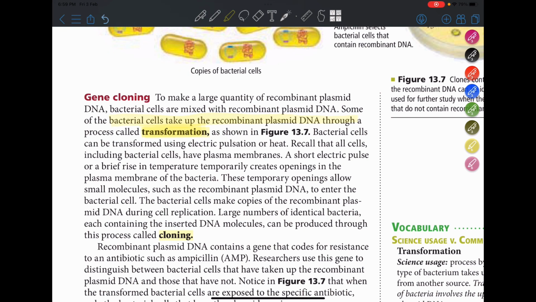Well, we've got two ways to do it. We can use electric pulsation or heat. How does that work? Well, remember that all cells, including bacteria cells, have something called a plasma membrane. Now, if you don't know what that is, just go and do a little search about it. But in short, a short electric pulse or a brief rise in temperature can temporarily create an opening in